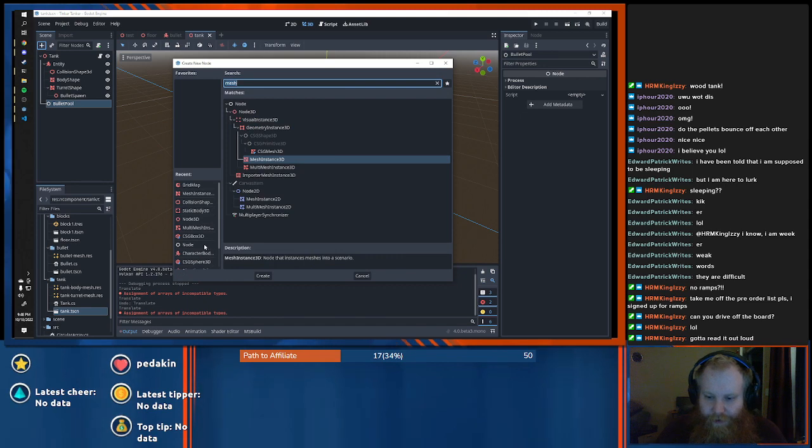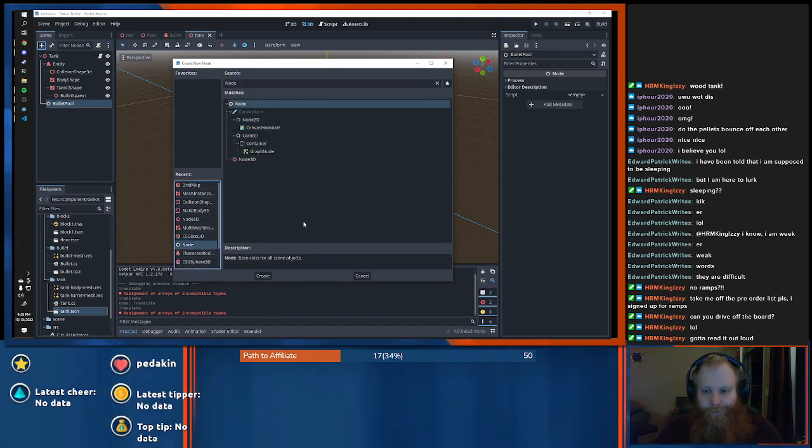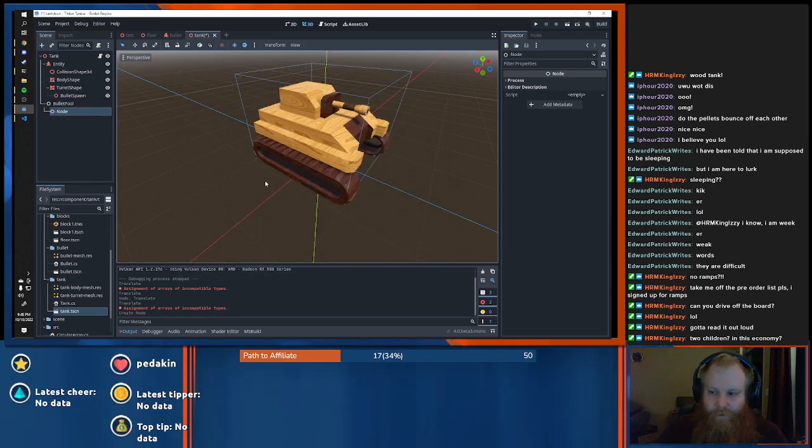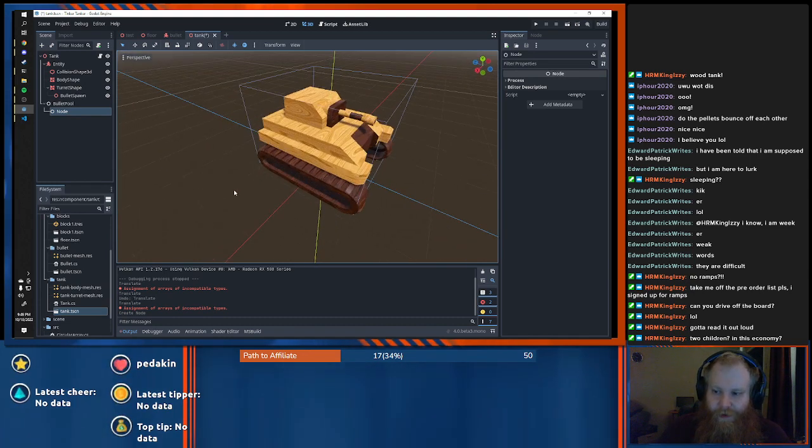So we're going to give it just a regular node. Yeah, right? Two children in this economy? I mean, he is basically a gun, and guns have rights here.